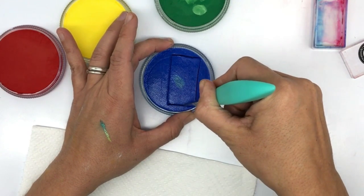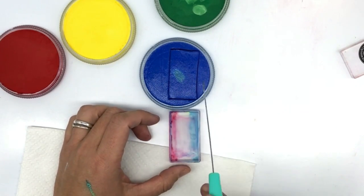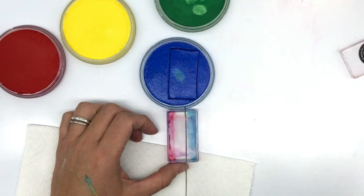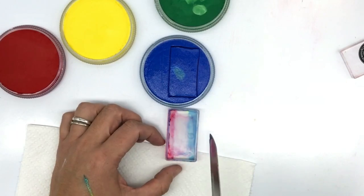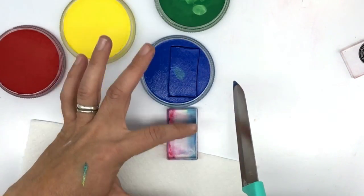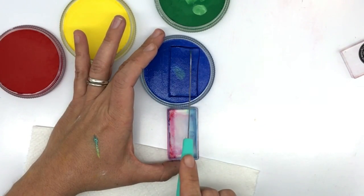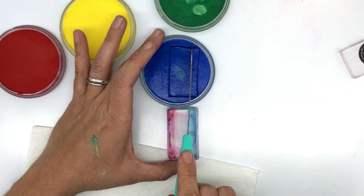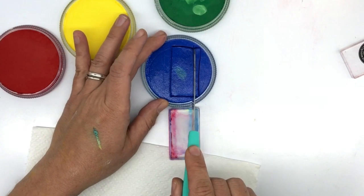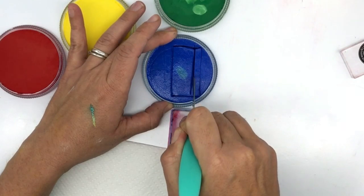Always making sure that they're completely dry when doing this. Now because I'm doing 4 colors here, I want each color to be relatively thin because I need to fit them all in this container. So I'll line it up one on top of the other with the one that you're cutting on top. With my knife, I'll just place it right here, and that's given me a good indication of the width of the line that I need to cut. So roughly cut that down,